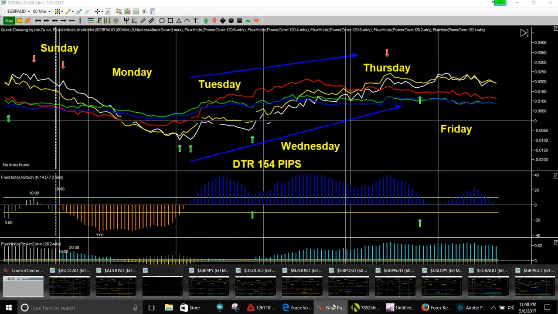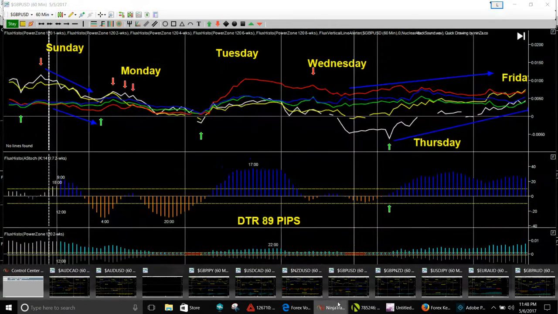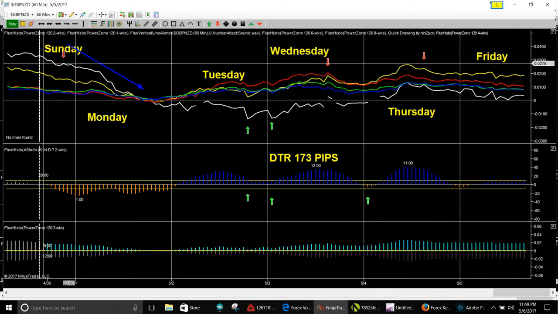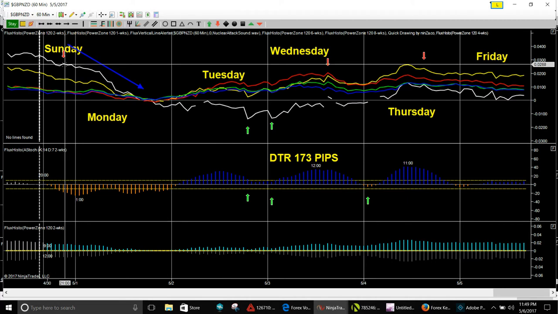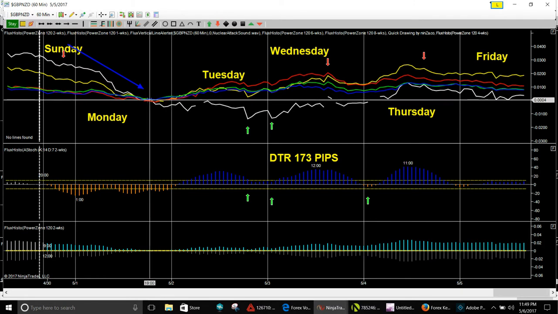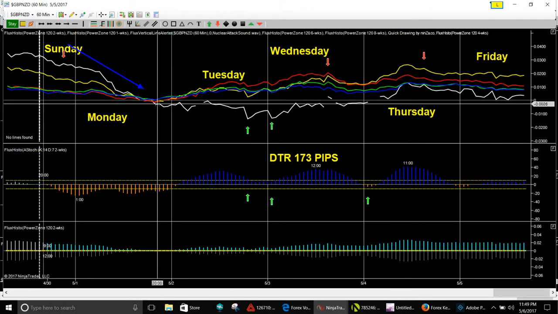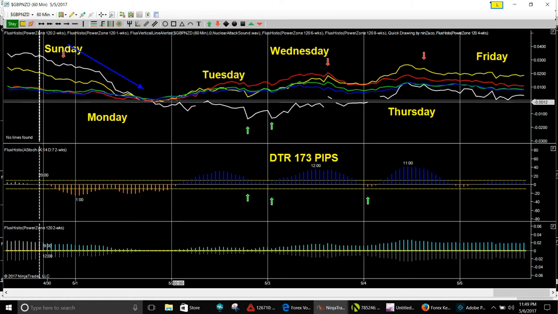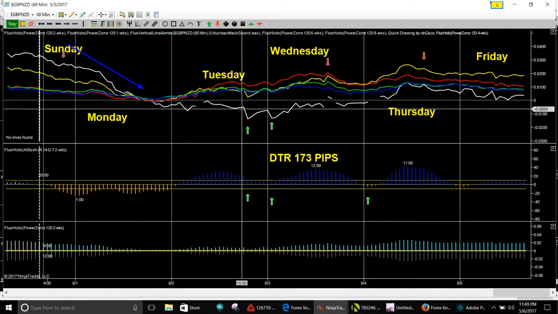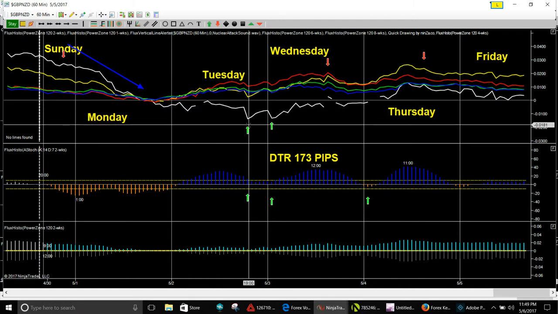New Zealand is right here. No, that's not it. It's right here. Here's the pound New Zealand. This one too looks like a nice down move coming in here at 2100 on Sunday. Looks like we're going to make a sharp down move on the pound New Zealand, and then we're going to go down some more. We're going to try to go up, but it's going to go back down and bottom out here